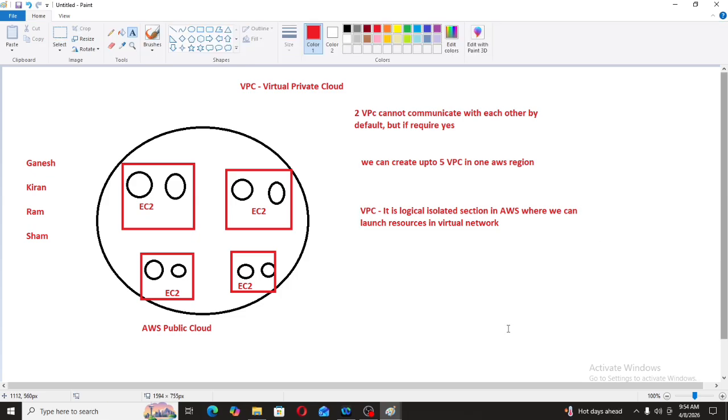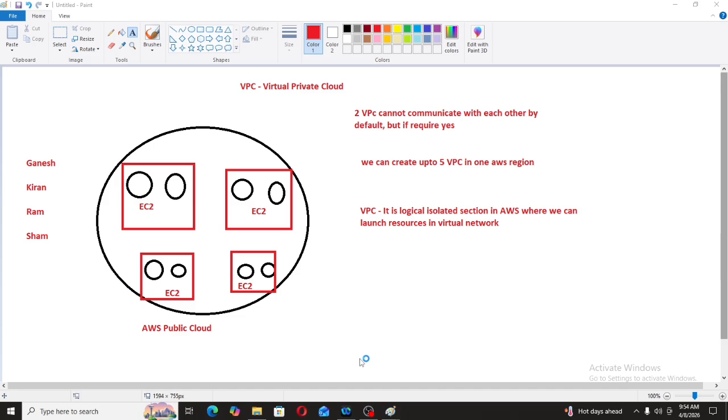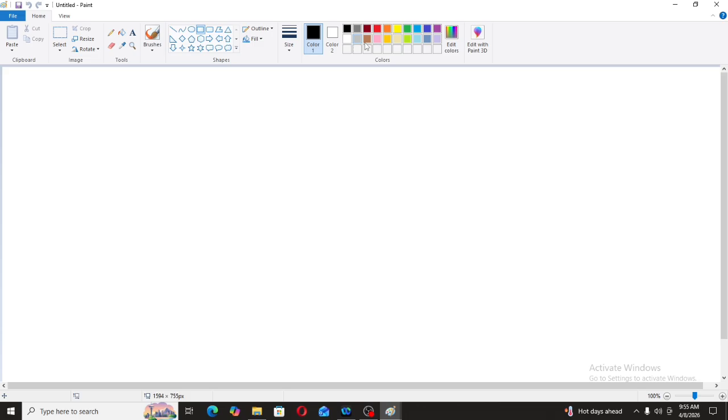Now let's try to understand the layers in AWS, so we get more safety and there are no chances of hacking. There are multiple layers, and we will try to understand them one by one.